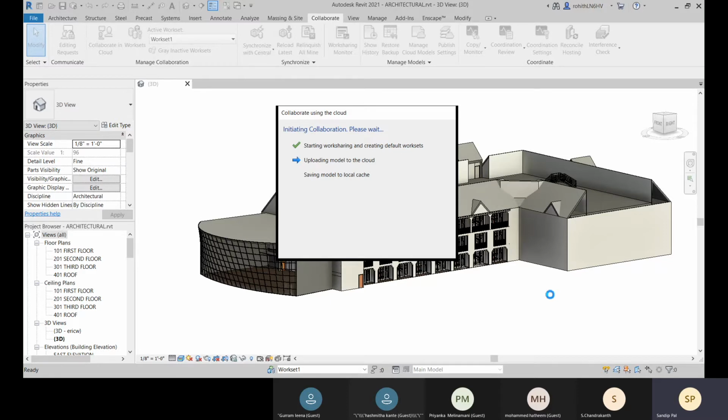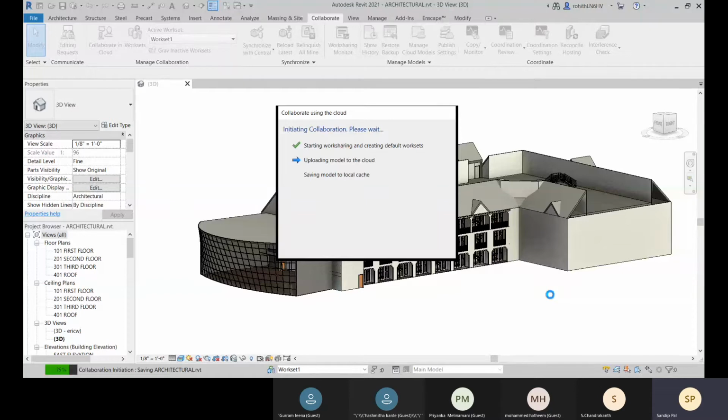So it's being uploaded into the cloud. It will take a few more seconds to be uploaded into the cloud platform. So that cloud platform can be accessed by everyone wherever they are, at the same time.